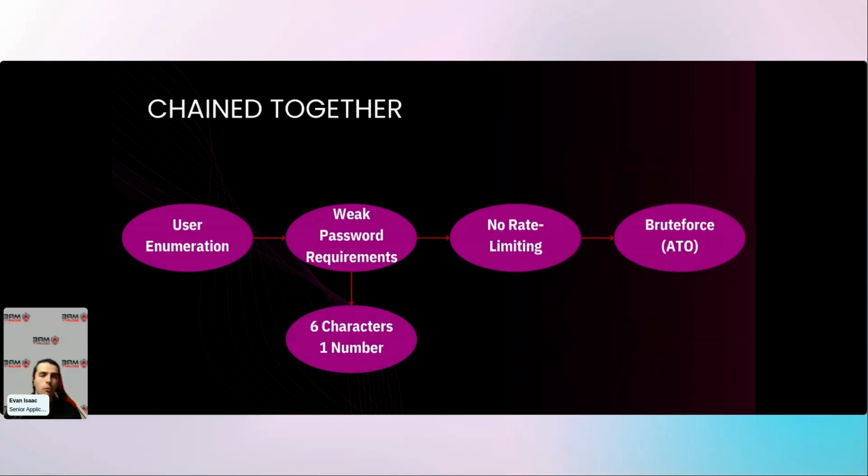So we have user enumeration first, and we identify that within the reset password functionality, there's a very weak password reset policy in place, 6 characters and one number. There's also no rate limiting on this login page, and you can brute force the account. What does this lead to? Well, this probably leads to account takeover if there's no rate limiting in place, right? So you always want to make sure that rate limiting is in place, that you have proper password reset requirements,